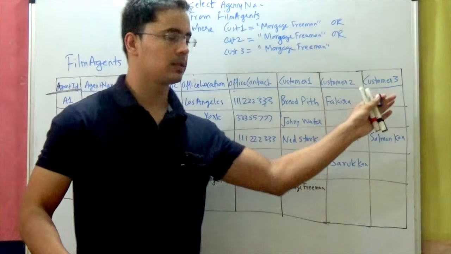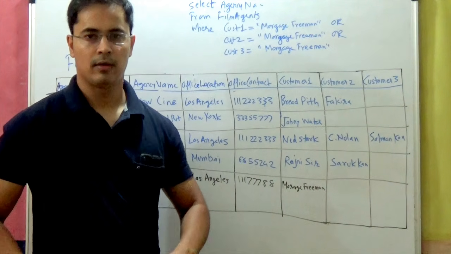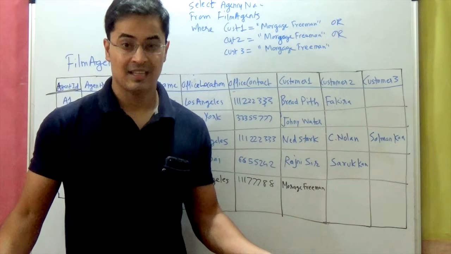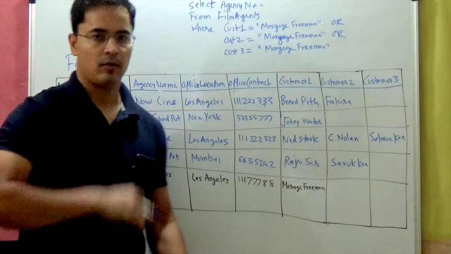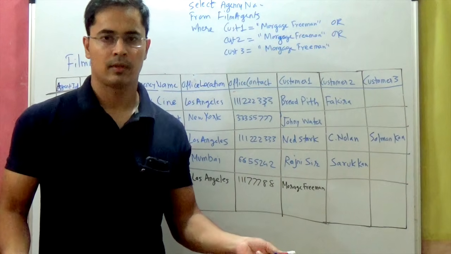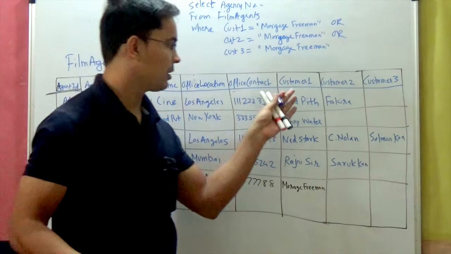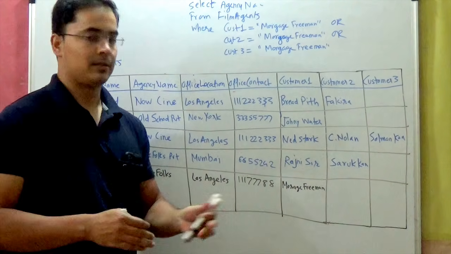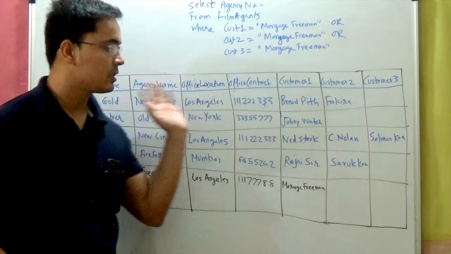I mean, there are 3 columns for storing 3 customers. What if tomorrow we add 2 more columns to have 5 customers? So we'll have to add 2 more columns in our queries each time. Feels a bit clumsy, right? Let's go one step ahead. What if we want to sort the data based on customer name, in alphabetical order? So on which column will we sort? On customer 1, 2, 3, what? So there are problems in retrieval of data also in this way of storing data in this denormalized form.